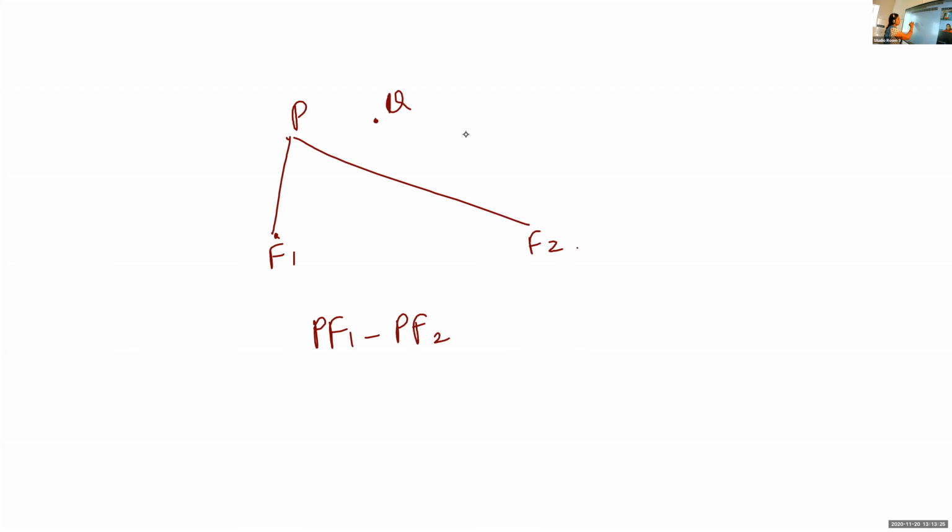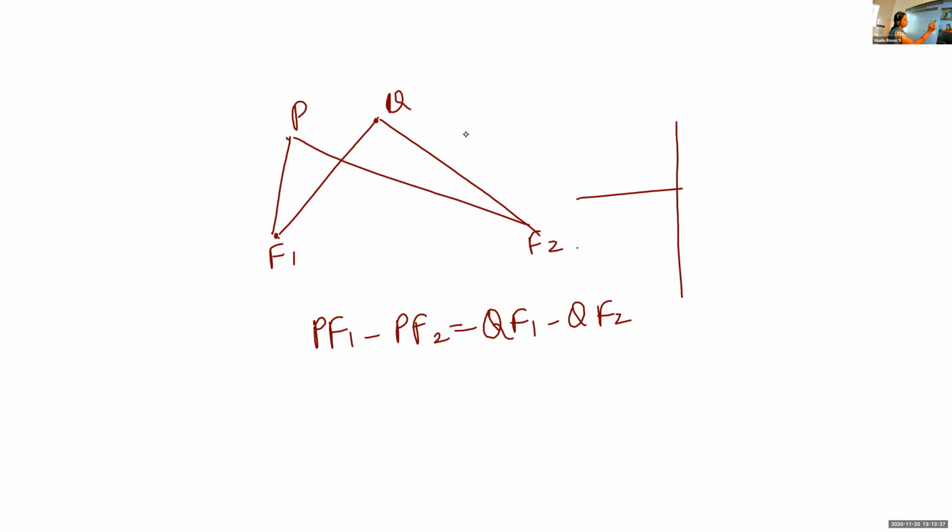So, suppose 2 points are given. Suppose F1 is the focus, F2 is another one. We take those points. Suppose P is a point, this distance PF1 minus PF2 will be same as, suppose I am taking Q, QF1 minus QF2. Like this we take the collection of points. When you take the collection of points and draw this, the graph will be like this. You get 2 curves like this.